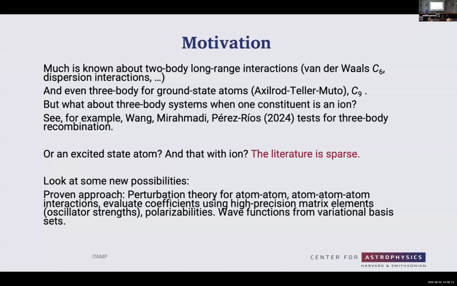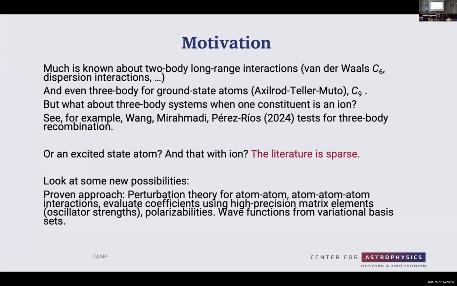And what we wanted to do is kind of bring it up to that level. And so what happens if one of these species is an excited state atom? And what happens if one of the species is an excited state atom and the other species is an ion, and you have a ground state atom? And what we found is the literature is quite sparse on this topic, particularly as you get more complicated, as you get up to an excited atom, a ground state atom, and an ion. So we heard a little taste of that earlier today for really excited atoms. But here we're just going to concentrate on optical transitions for now,